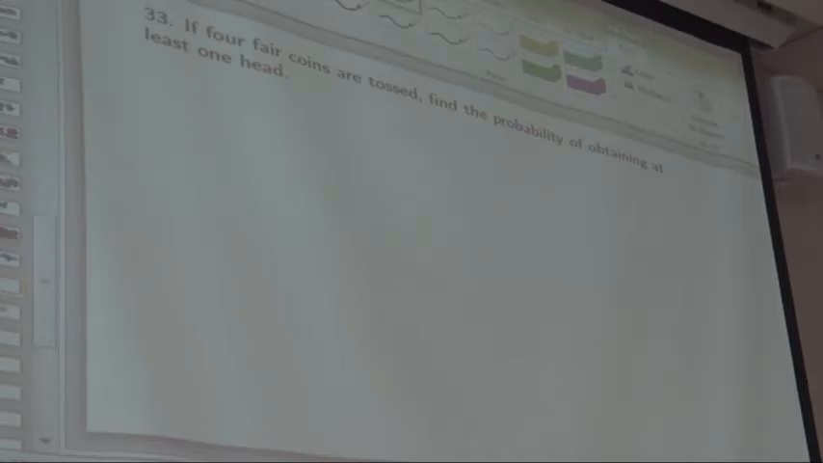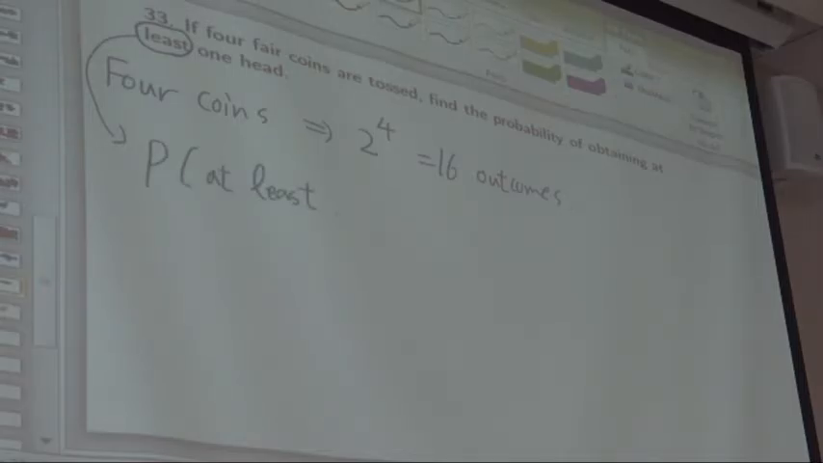And 4 coins are tossed, and we're going to find the probability of obtaining at least one head. We also discussed that. When you do 4 coins, that implies we have 2 to the 4, which is 16 outcomes. That's the total. And at least one head means 1 head, 2 heads, 3 heads, and 4 heads. So we have to count many, right? But instead of doing that, the probability of at least 1 head